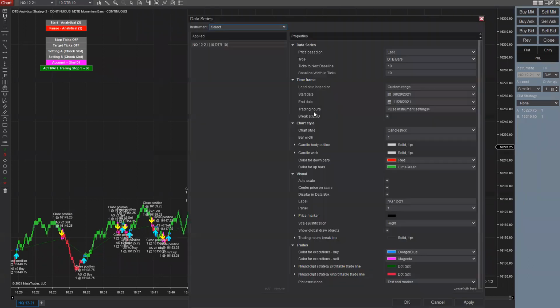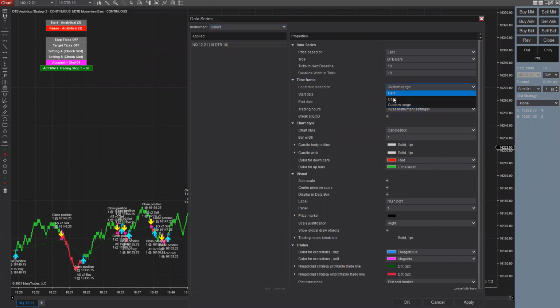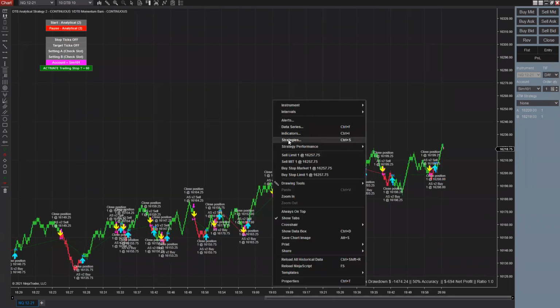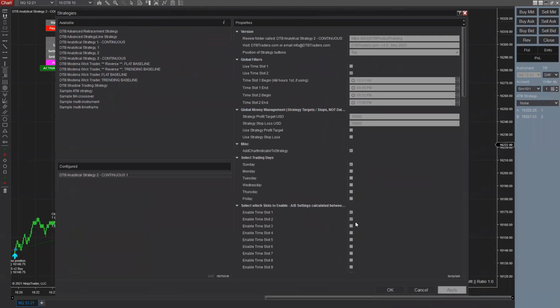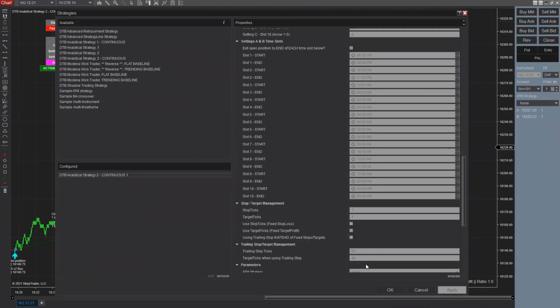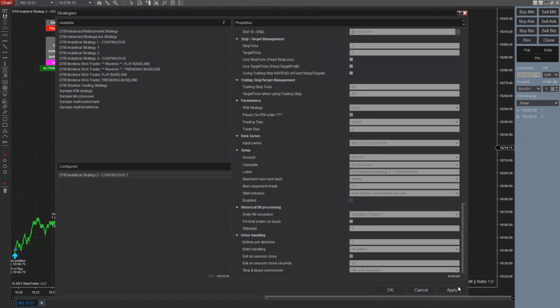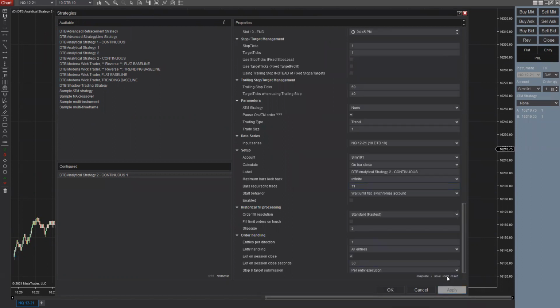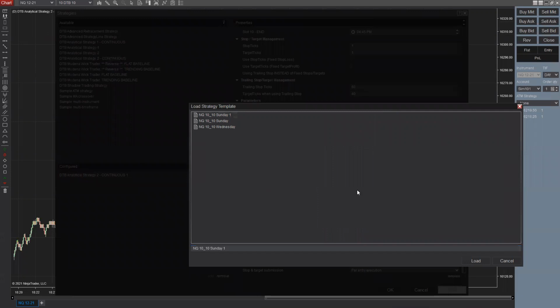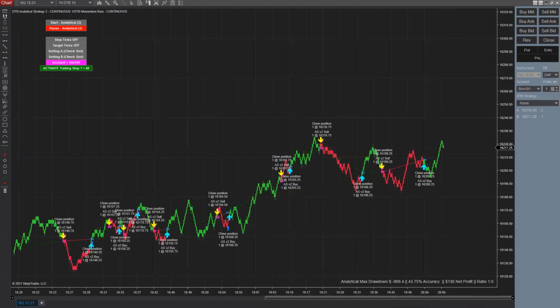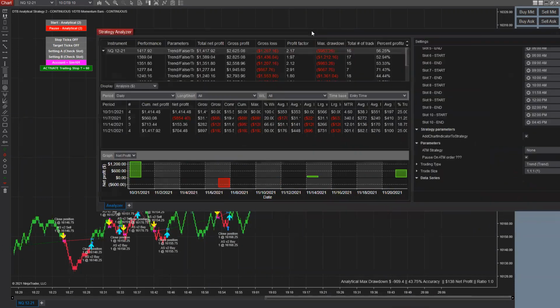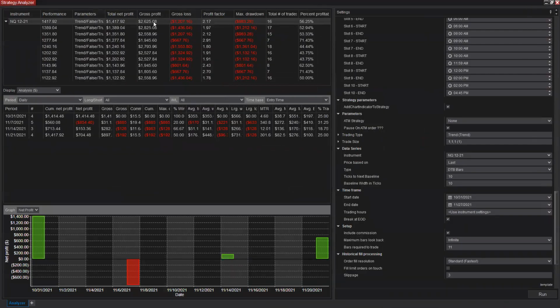And now I'm going to go from the custom range. I'm just going to make this as days 0. So what this is going to do is only show me today's data. If I go to strategies and deactivate this one, and then go template, load, and choose this specific one over here, enable, apply, and okay. So basically doing this optimization that we did over here, even though these results are pretty